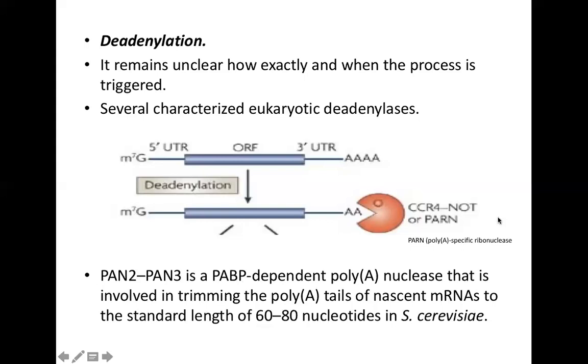So whether it is CCR4, so CCR stands for chemokine receptor, and so that's one example. This is the name of the deadenylase molecule, or there's another one which is known as PAN. PAN stands for poly A specific ribonuclease. This is another example, PAN2, PAN3. So all these names, you do not need to certainly remember them, but they are the names of the deadenylases. And these deadenylase molecules, whether it is CCR4 not, it is PAN or it's PAN2, PAN3, they are dependent upon,